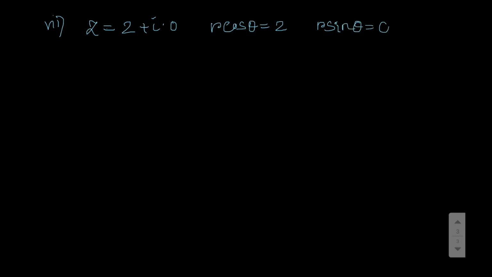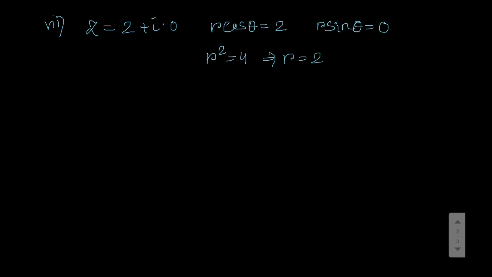So now let's move on to sum number 7. Here z equal to only 2. So z equal to 2 means you can write 2 plus i into 0. So that means here r cos theta equal to 2 and r sin theta equal to 0. Now squaring and adding both sides, you will get r square equal to 4, and from that